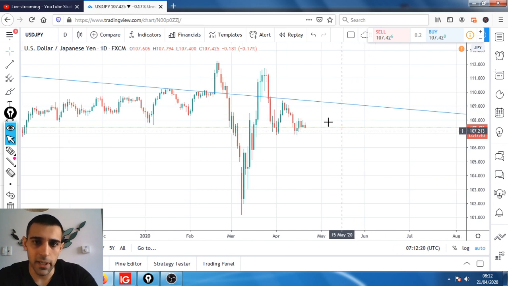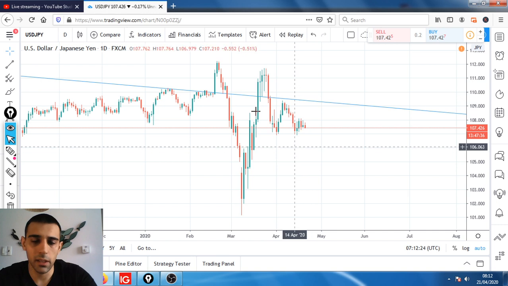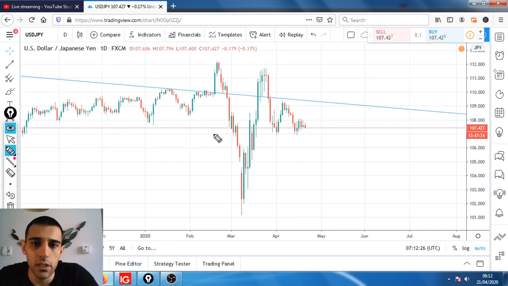So US dollar, Japanese yen. We got this now, it's coming down nicely. When the price came up to these highs up here, it didn't quite get to this high actually. We had this aggressive reaction towards downside, then followed by a pullback,